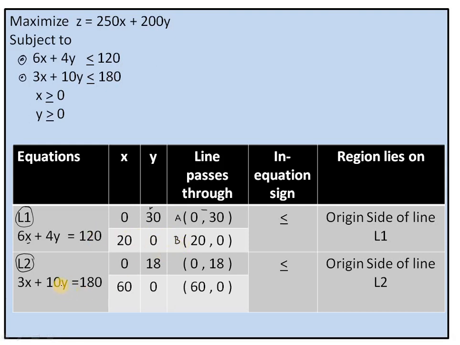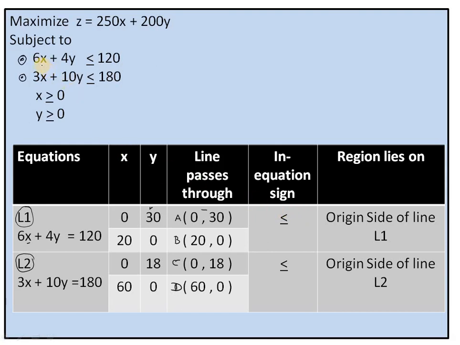Similarly, when I put x equal to 0 here, I get y as 18. This is point C, (0, 18). And if I put y equal to 0, I will get x as 180. So this is point D, which is on the line L2. Understood, children? If the calculation is not that fast, do it in rough and then write it here properly. Now what is the inequation sign